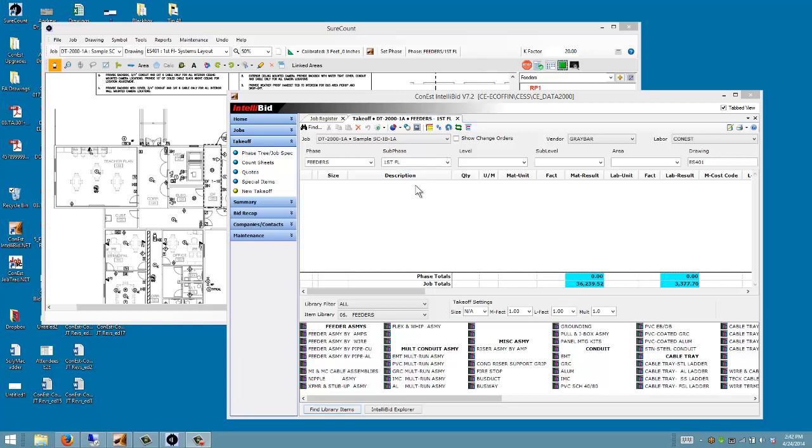The following is a quick video on how to make a measurement in SureCount that spans across multiple drawings for feeders that could come across a match line onto a different drawing, or maybe up a riser feeding onto a different floor. So what I've got here is IntelliBid, and I also want to show how to push that into